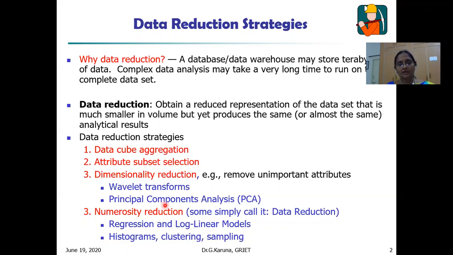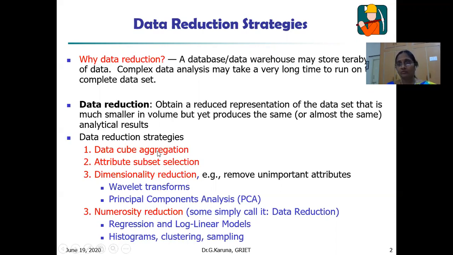That is, mining on the reduced data set must be more efficient and produce the same analysis result. Whatever we perform on the original data, we need to get the same result. Then only is our data reduction technique perfect.